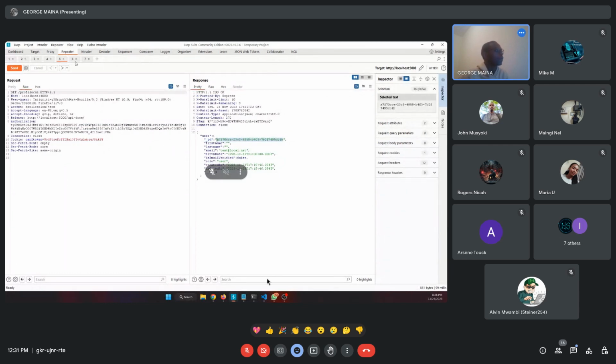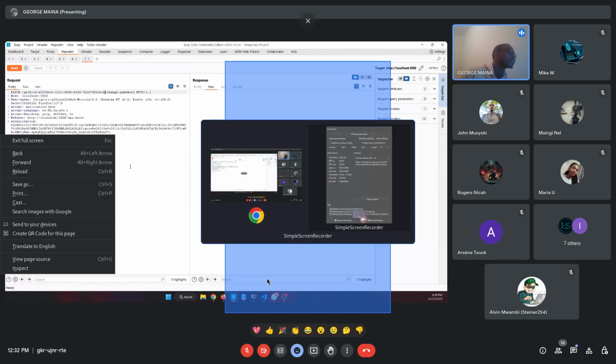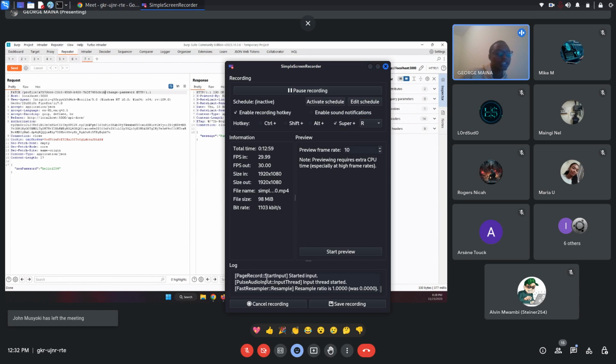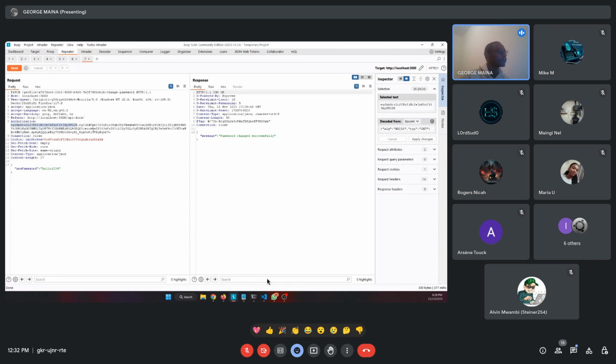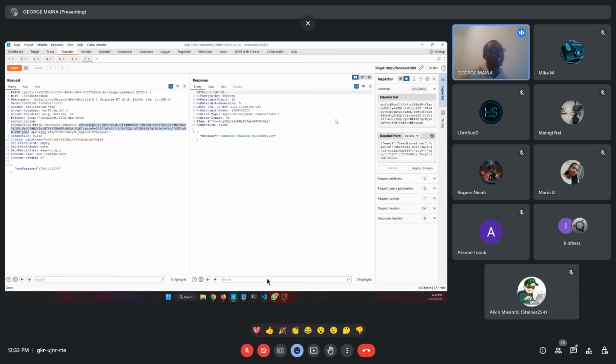Maybe you are testing an application and you find that when you change your password, they send a request like this. And let's see. As you can see, we get a password changed successfully, and we just provided new password and our token, our JWT token. And as you can see, the token